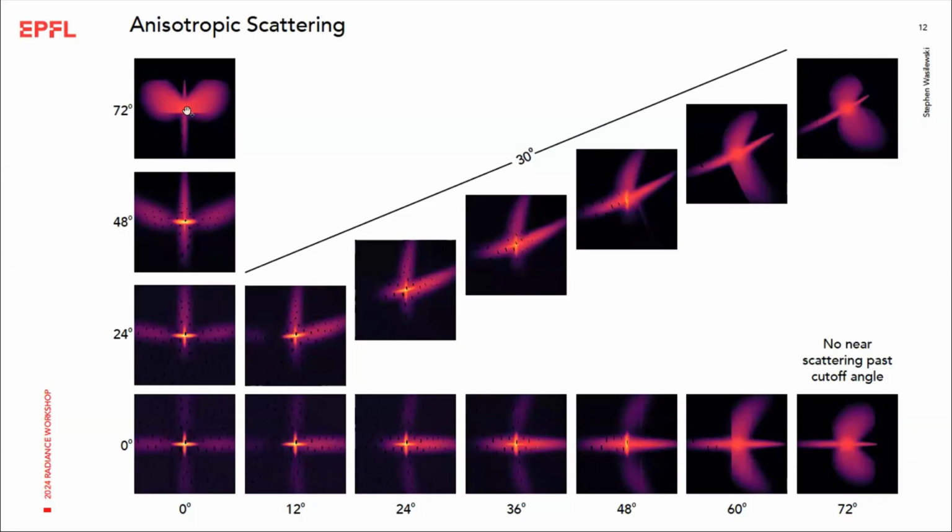But you can see this artifact here. One observation I made is as soon as you hit that cutoff angle, you don't get any of the near scattering anymore, but you still get the far scattering. But the model right now is considering the X and Y independently. And so I just had to put in a condition: if you aren't seeing anything through because of the other angle, then you just cut off. But there's this band here because you hit that cutoff angle right here, and that shouldn't be there, but